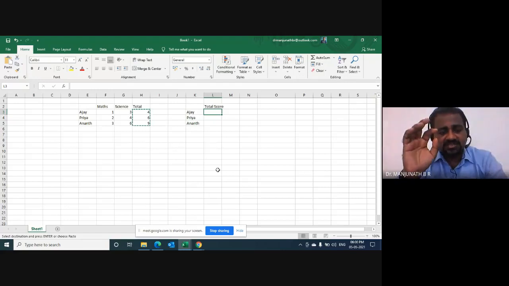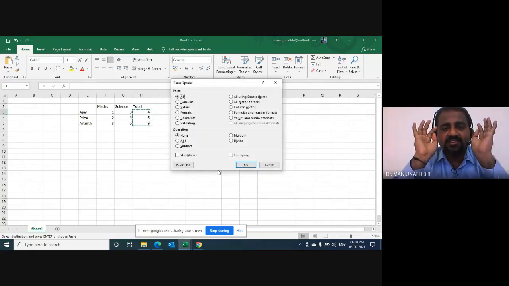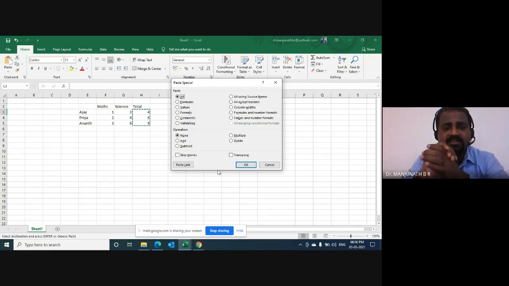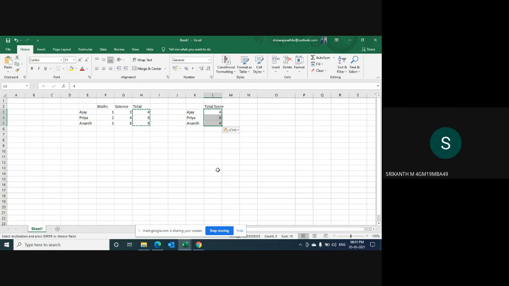The shortcut is Control Alt long press and then V for victory, release everything and take back your hands, and you can see a small window which is called paste special. Here you will use the down arrow key to go to values, and now you press Enter and you will see the output over there. Is it working? Yes, sir. Working. Thanks, sir.